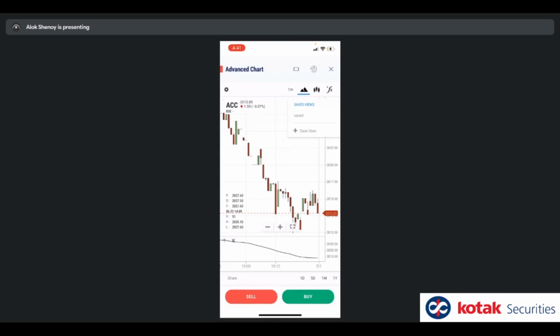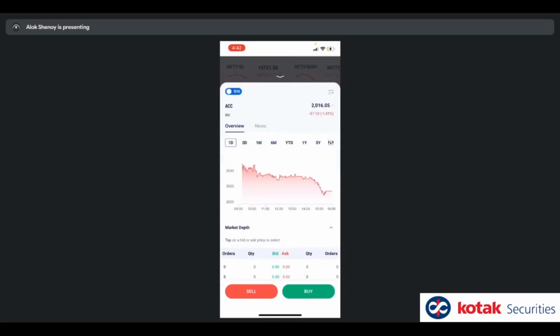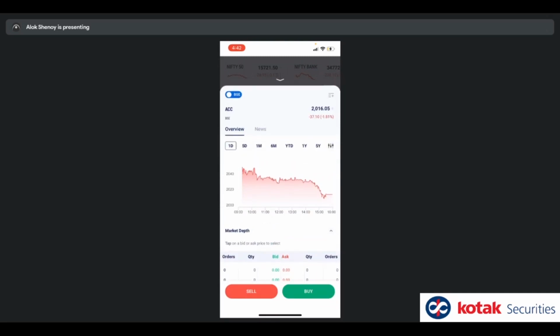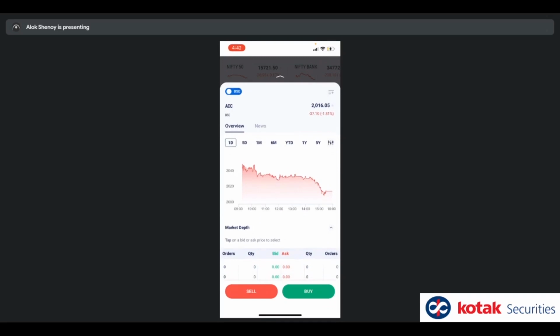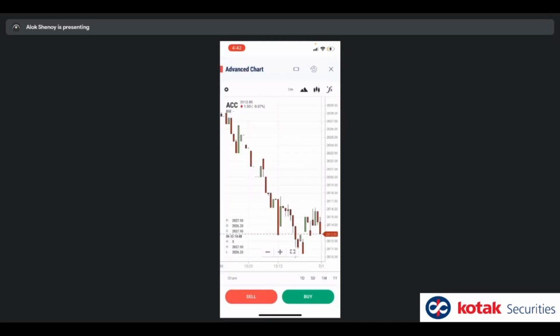Sure Deepak, I'll take care। So if you clicked on saved up here, it will again show the same Bollinger which I had saved from indices when I was looking at indices, okay। Now just to repeat, you see this icon at the right over here, you can see on my screen when I'm tapping it, slight color change hoga uska, that is the icon for advanced charts। The extreme right beside 5 year, okay, that's the icon being clicked for advanced charts, okay।